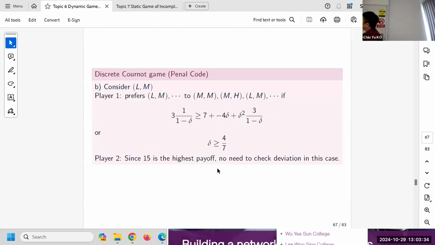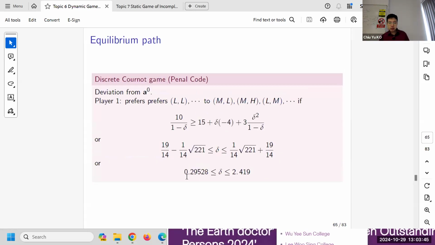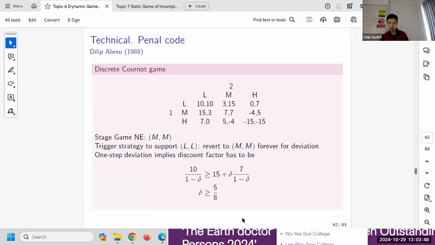So now we have to check another thing: if you get 3 during the second phase of punishment, do you want to deviate again? Remember, the idea is, right? The punishment along is this and this forever, right? This is the punishment for player 1. So now we're undergoing the second stage of punishment here, right? Is it the case that player 1 will deviate, right? Okay, about this, we're here already, right?